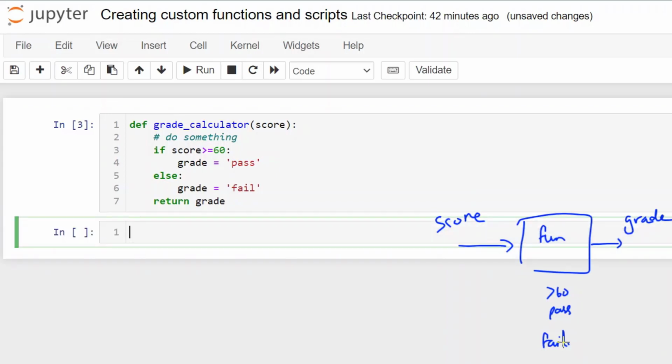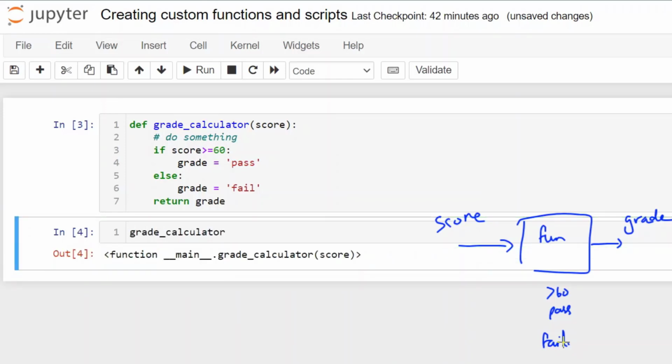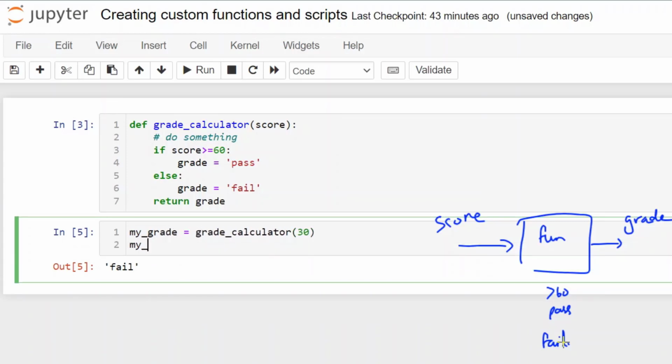Now if you would like to test your function, you need to call it. If I type in grade calculator, this will only return what's in memory. So grade calculator is a function. If you would like to call it, you need to use the parenthesis and provide it with some score. So let's put in some number, and if you run it, you will see the output. If you would like to store the output, you can create a variable to catch it. So my grade equal to